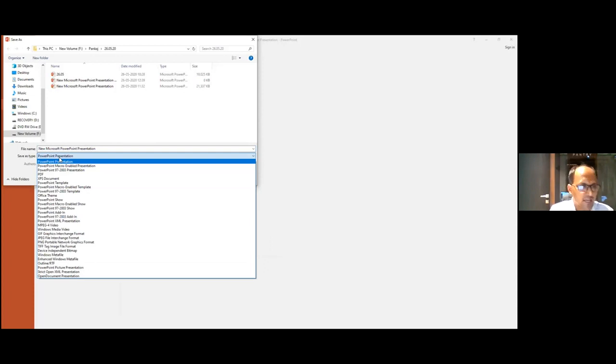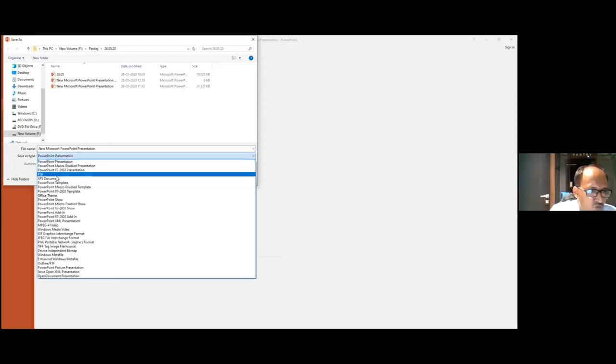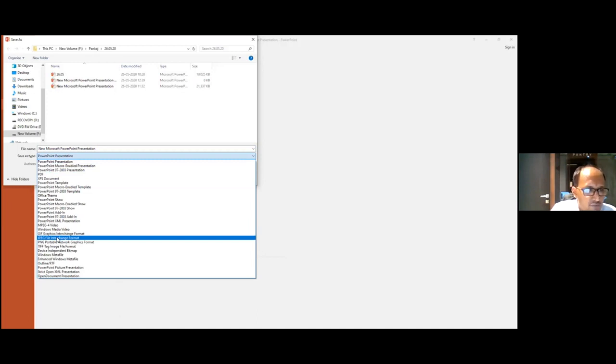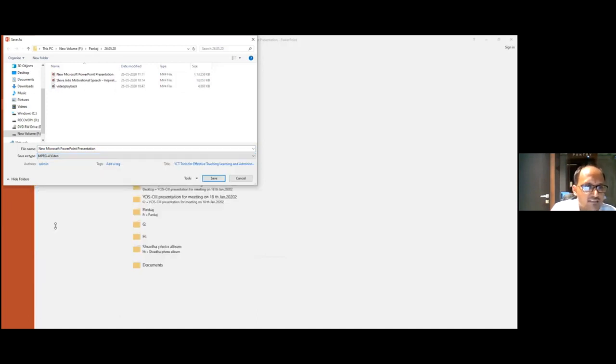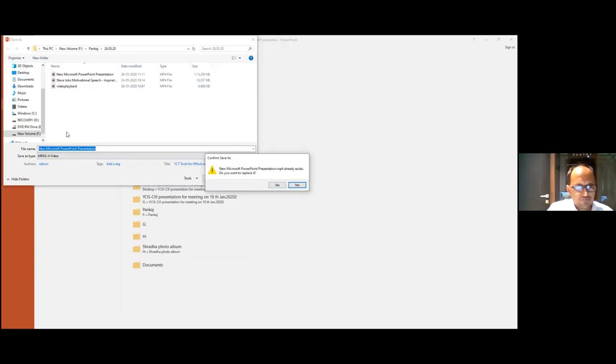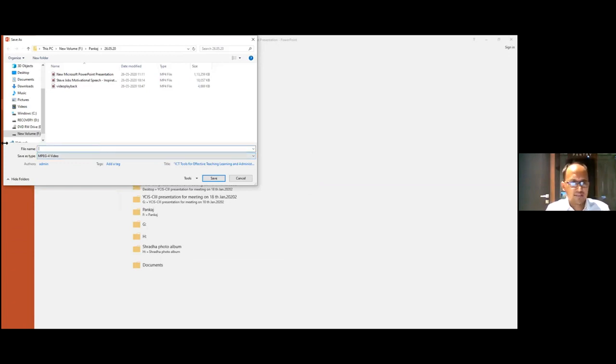Here there are different formats given by Microsoft Office. You can save your PowerPoint presentation as a PDF. If you don't want your content to be copied by someone, you can save it in PDF format. You can save it in the form of images. You can save your slides as an image, as well as you can save your slides as a video. For example, if I go for this MP4 video, I can save this, and probably the name exists. So I'll just say this presentation video clip as video,